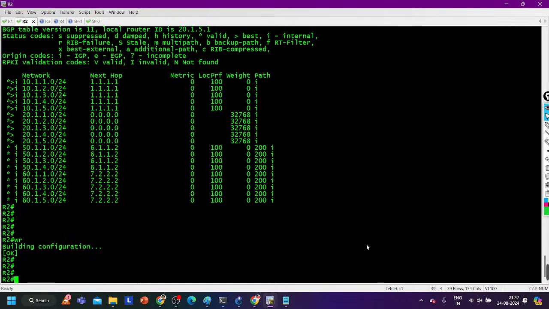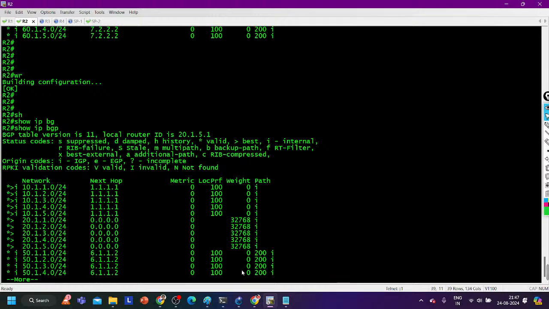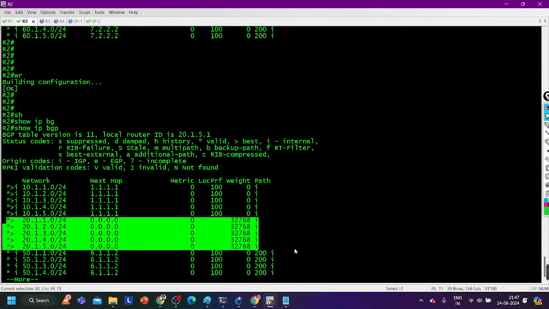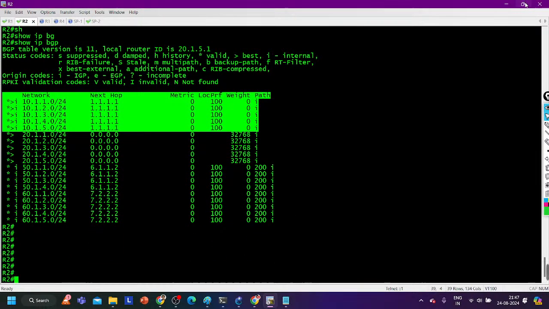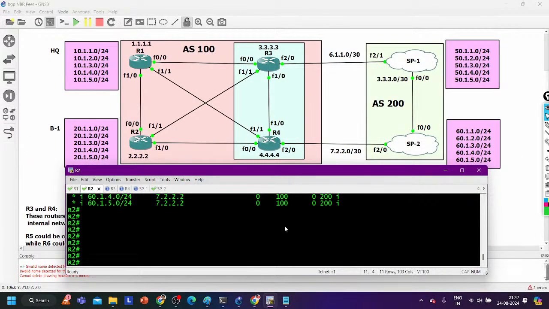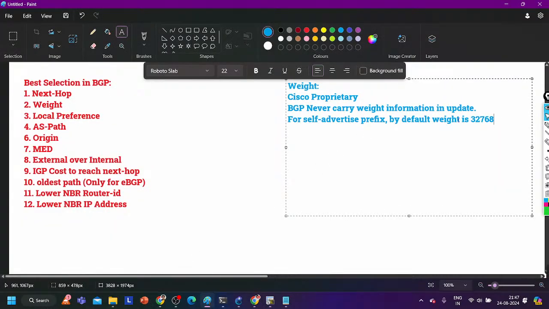On router number 2 also you can verify. So in show ip bgp, you can see here 20 networks are self-advertised. So for 20, the weight value is 32768. But for all received prefixes, it doesn't matter whether received from IBGP or EBGP, the weight value is 0 by default. So you can see for a received prefix, the weight value is 0, and higher weight